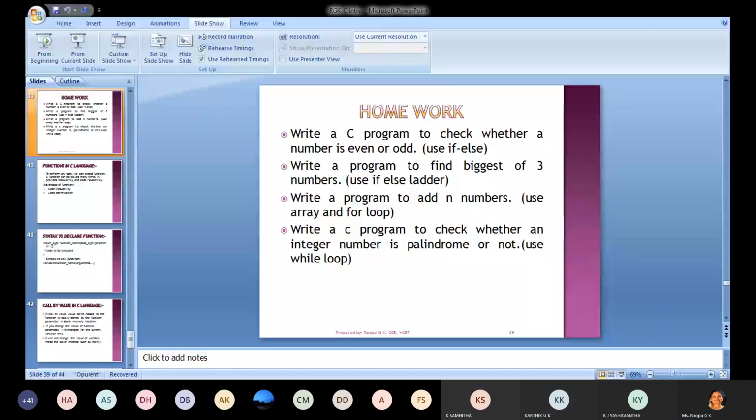Kaustuba, present, ma'am. Kavyashri, present, ma'am. Ketan, present, ma'am. Kaushik, present, ma'am. Kshema, present, ma'am. Lahari, present, ma'am. Erin, present, ma'am. Nikita, present, ma'am.